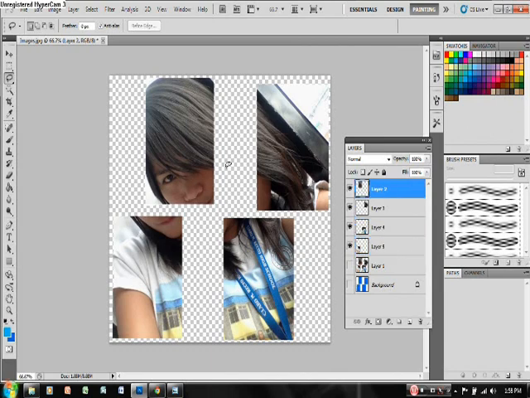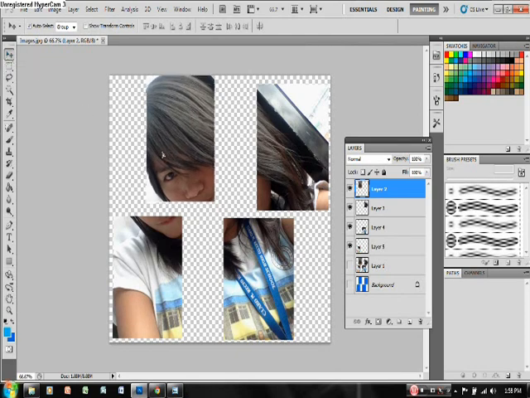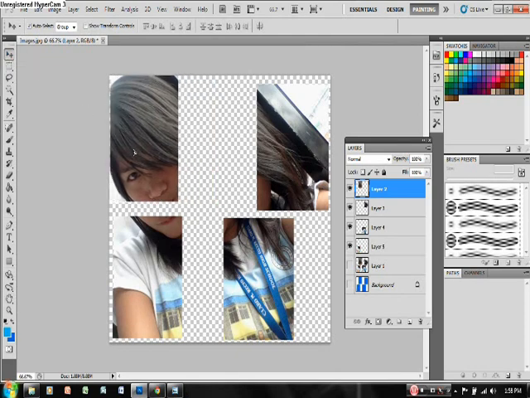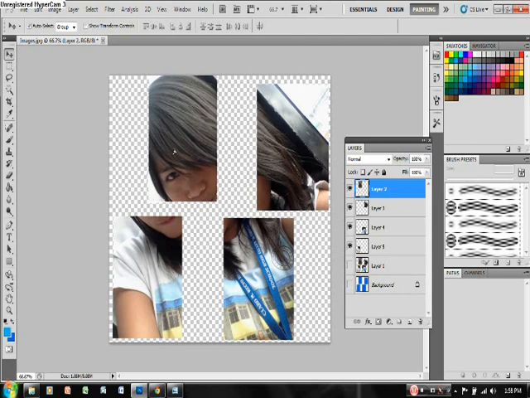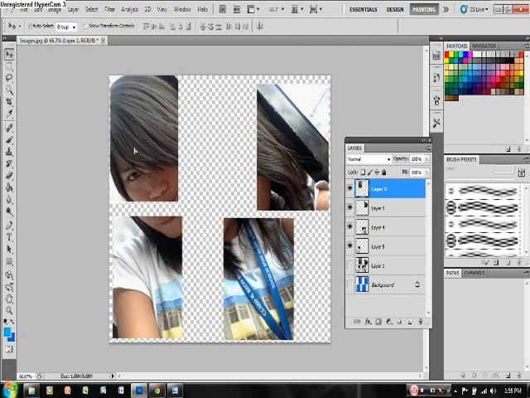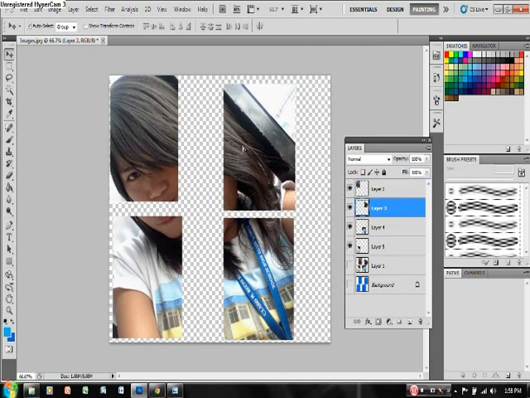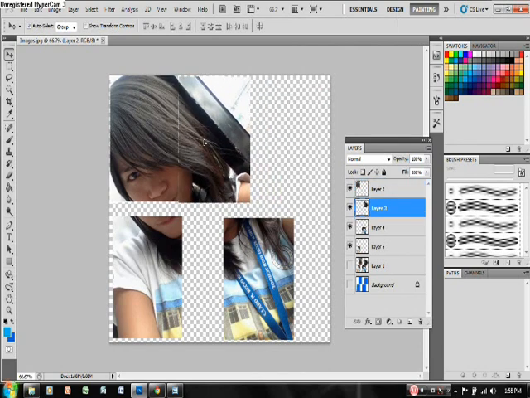Okay, select the move tool. Move this one here, or in any part here you want. So for example, let us move that, then move here again, move it gently. Okay, then move it again here.